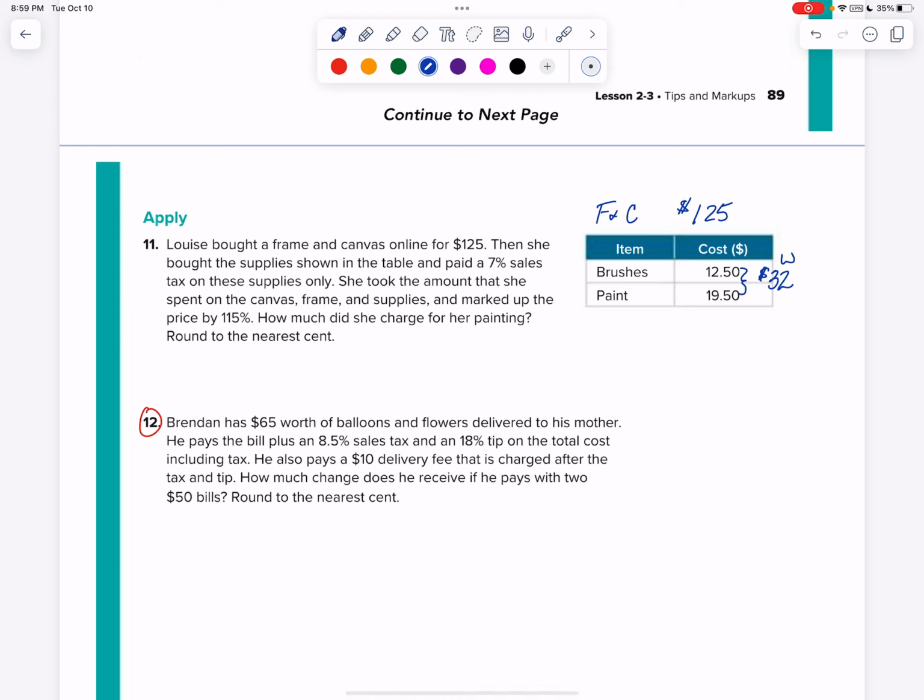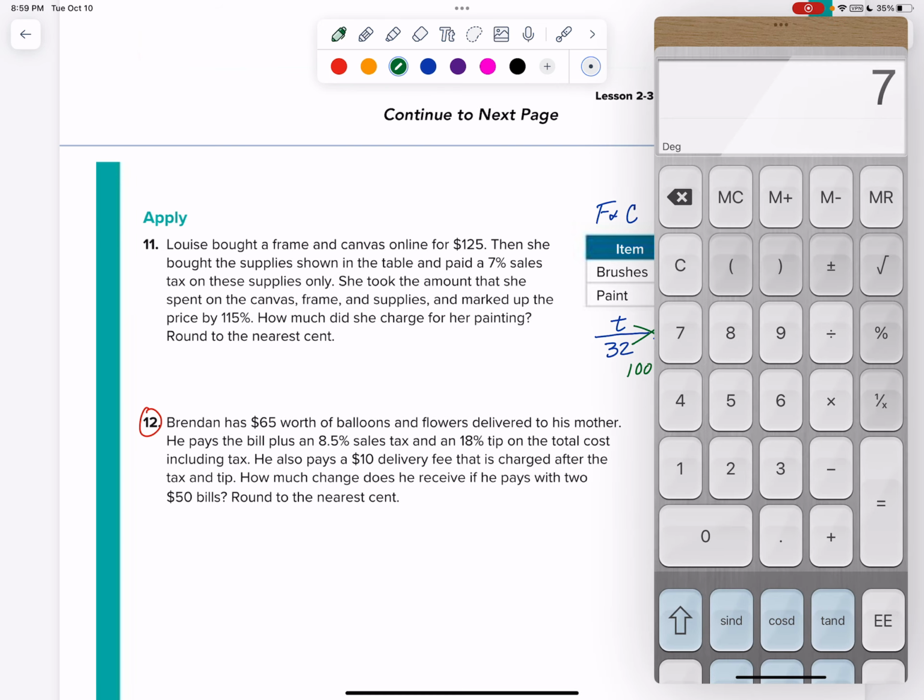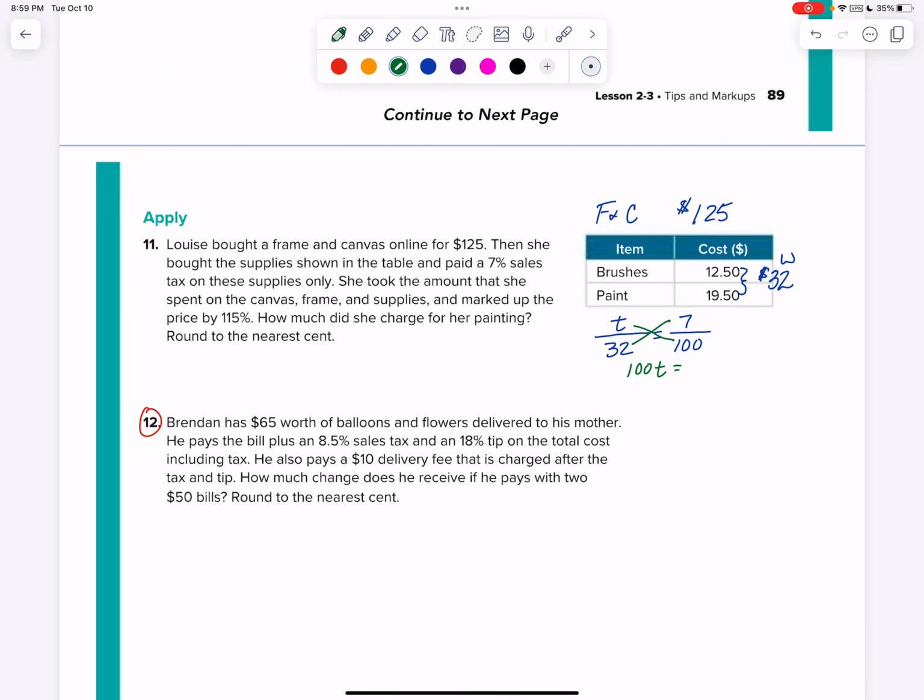Okay, so we have T is the tax over the 32 whole or wholesale, and there was a 7% out of 100 tax on those. Let's do our means and extremes. So you can see I'm still following our steps. 7 times 32 is 224. And I'm going to divide by 100, divide by 100, cross that out, and I end up with a tax of,